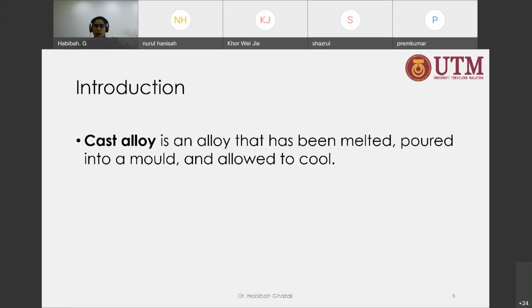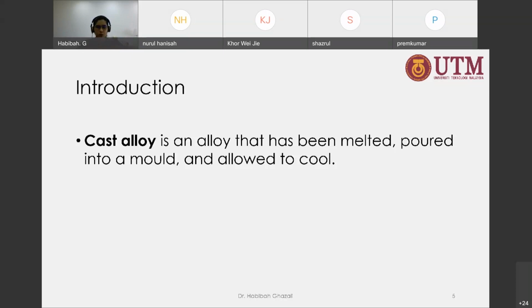The reason why they need to be shaped in this method is because we put a high percentage of alloying element, which means that the alloy becomes brittle. So when they are brittle, what's going to happen? The same as cast iron, we cannot shape them through machining. We cannot shape them through